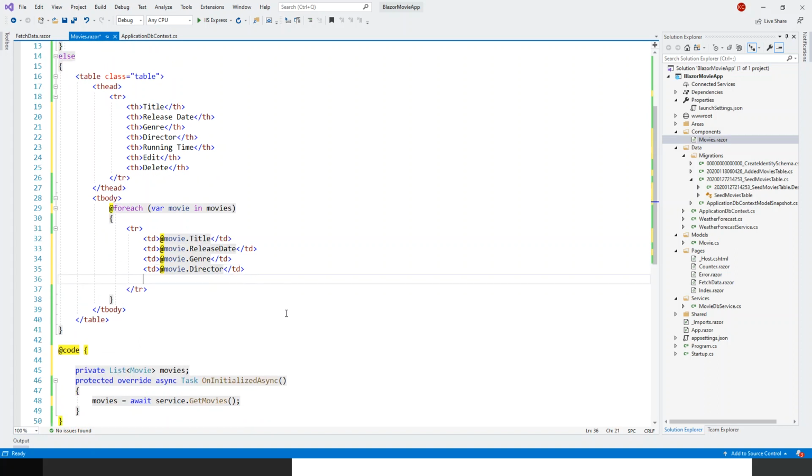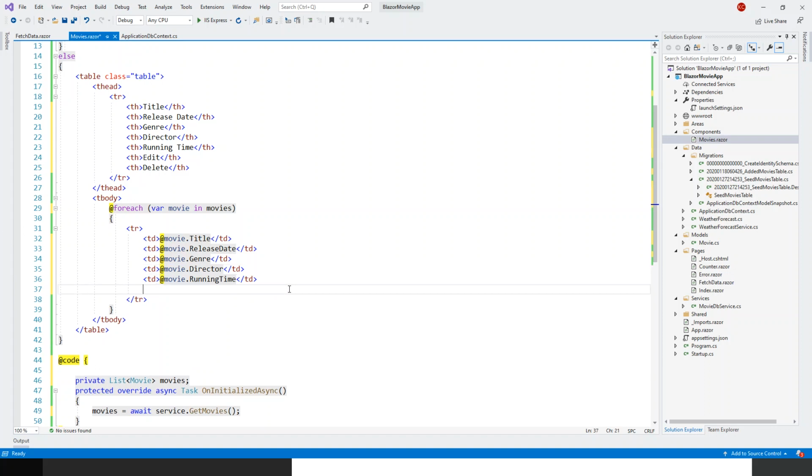See how much time it takes to type a few columns. That's where copy and paste comes to take significant importance, and I hope you'll excuse me for frequently copying and pasting. And at movie.RunningTime, and then I'll have 2 TDs, table data, for buttons,